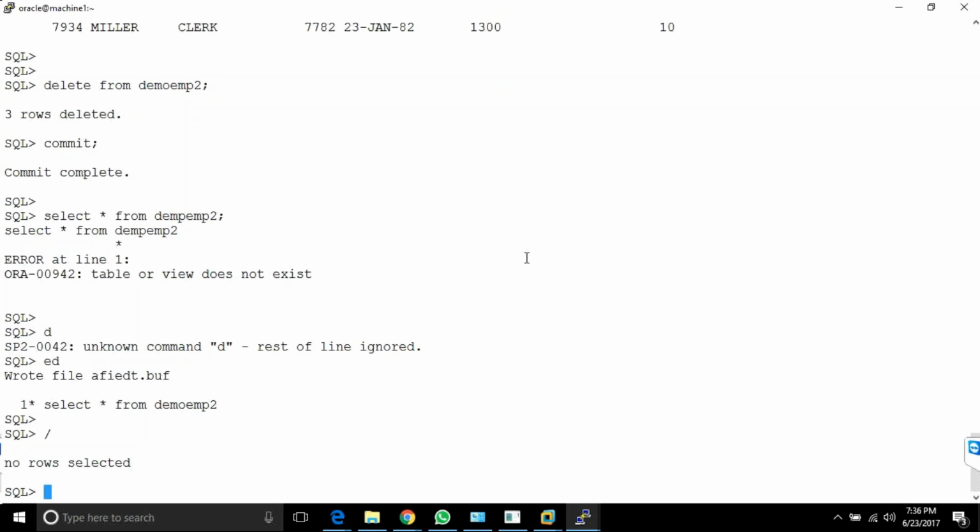Yeah, delete we can use for specific rows also. But truncate, we can't do that. Truncate table only has one option, that is to truncate the whole table, right? So if you have specific columns, specific rows to be deleted, then you have to use delete. Whole table, then truncate. So, you can use both the features, but why use delete when we have other options available which are better than delete,